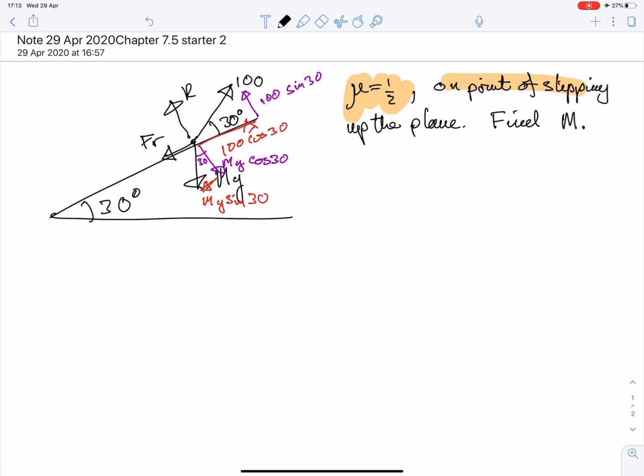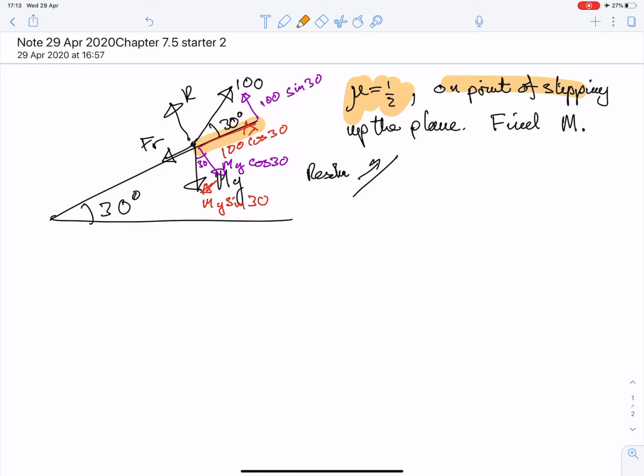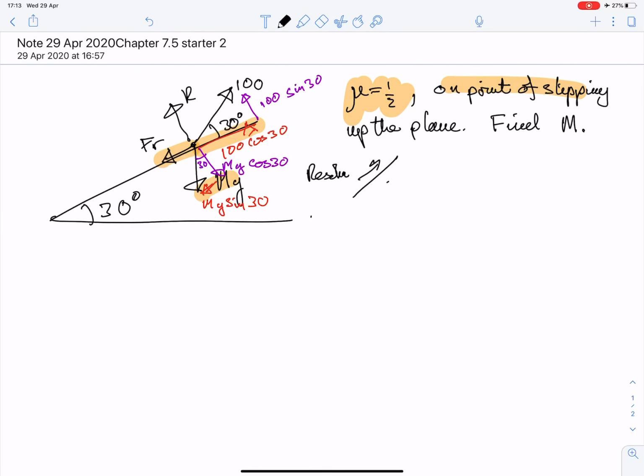Okay, so now we can do the usual. Resolve. It's not accelerating because it's static, there's no acceleration, so I'm going to resolve parallel to the plane. Which forces are acting parallel to the plane? We've got 100 cos 30, mg sine 30, and the friction. So we get 100 cos of 30 minus mg sine of 30 minus the friction equals 0,